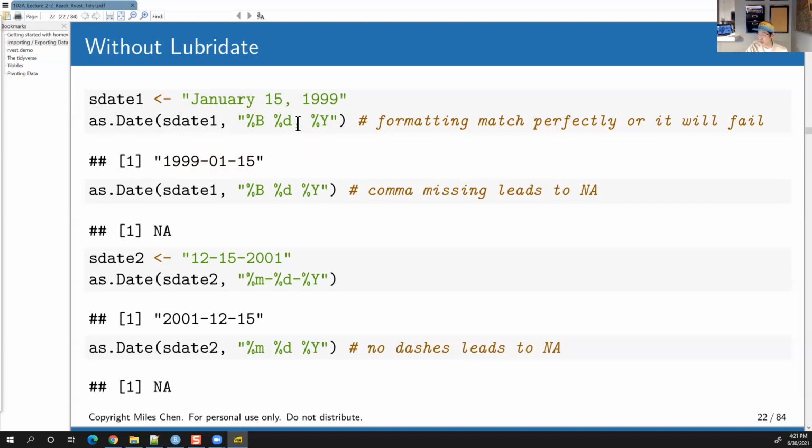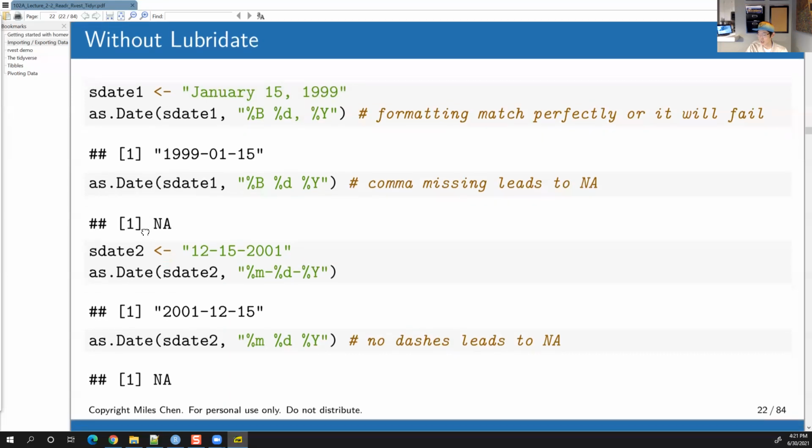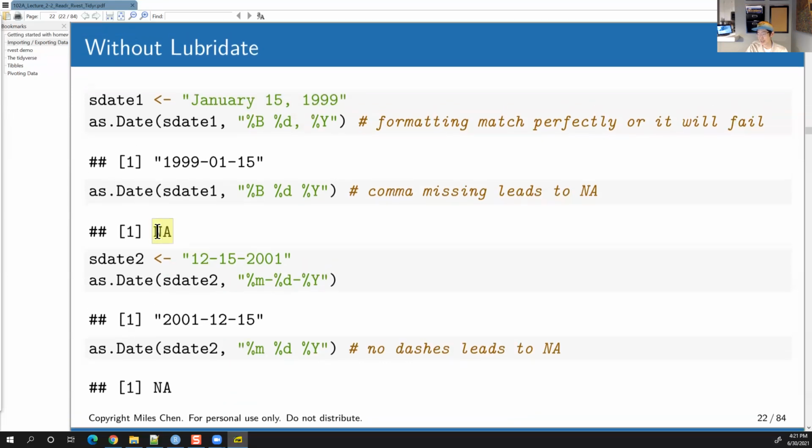If you forget this comma right here, and you say, all right, turn this thing into a date, the as.Date function gets confused and says, I don't know what this is. If you have another date in this format,